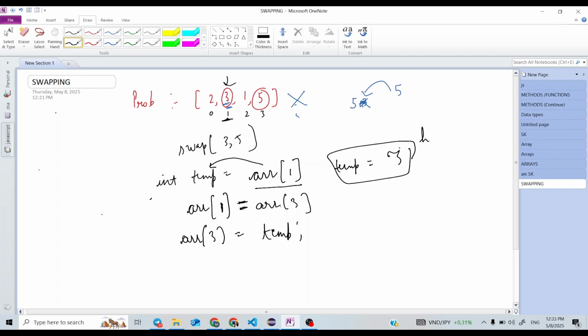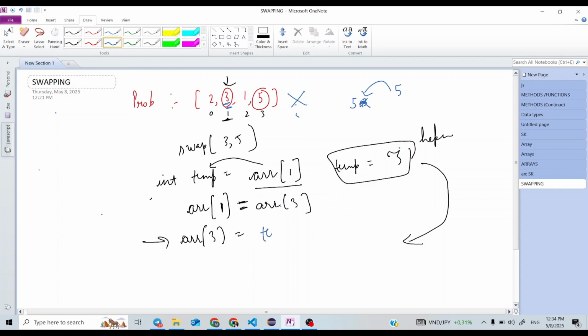This is the helping container which we will be using in this third step. Previously what we were doing, we were putting here array of 1, but array of 1 will get lost in this step. So we take another variable temp, that is a helping container which will be holding array of 1.